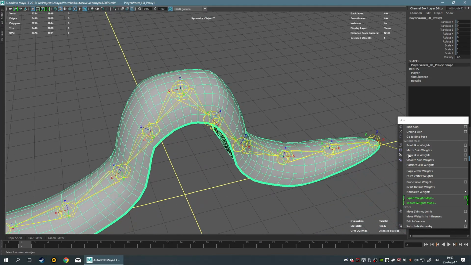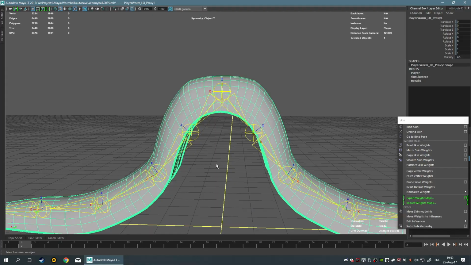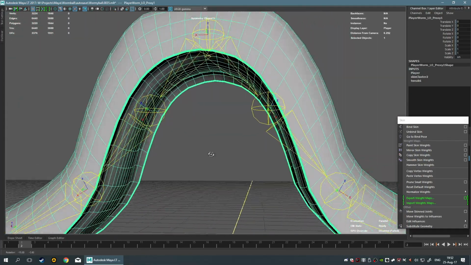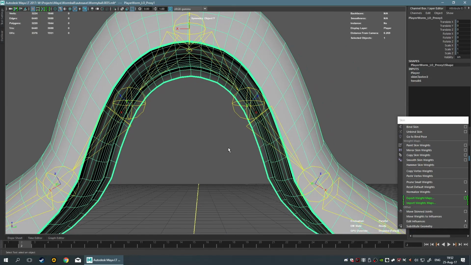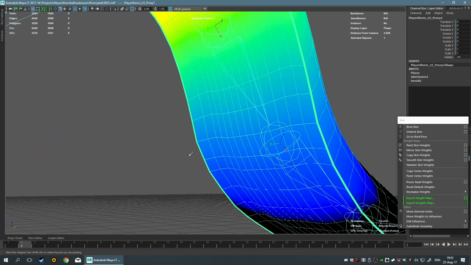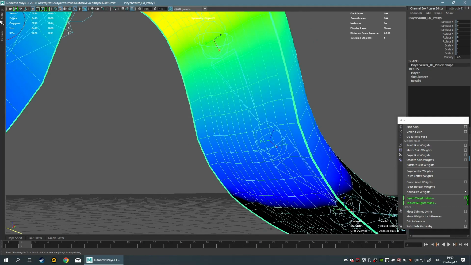I'm going to mirror them over. I'm actually going to use my previous settings, so I'm going to mirror my skin weights. This looks much better now. But we do have some issues over here. I will probably play around with these with the painter. I'll just paint these off. Maybe I could just go ahead and do this right now. So lower this and grab a respectable value of 0.1